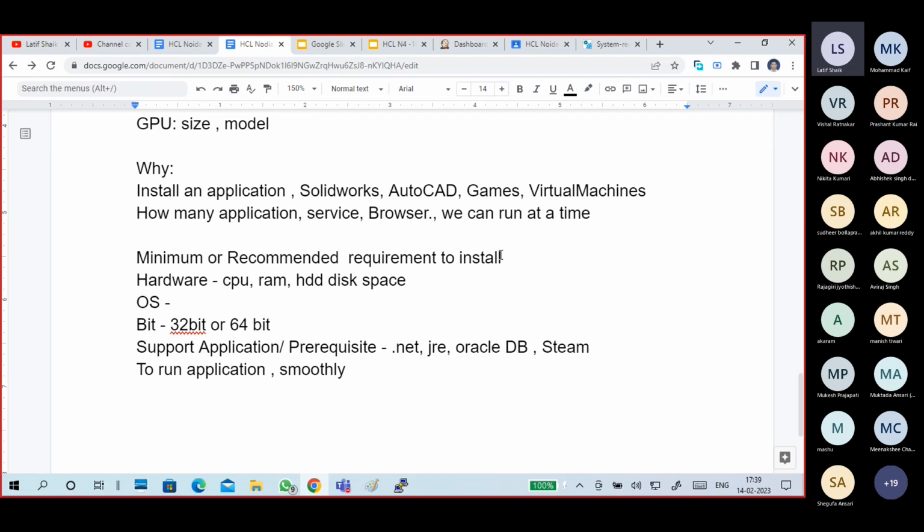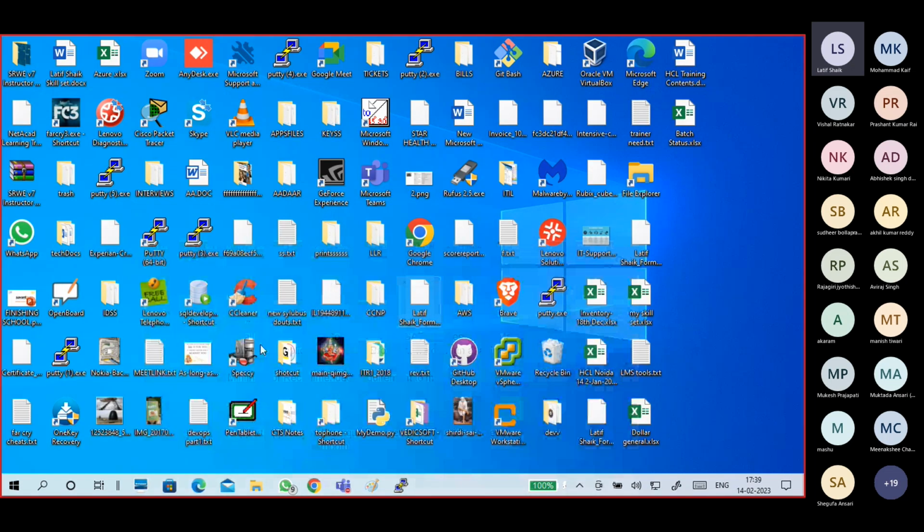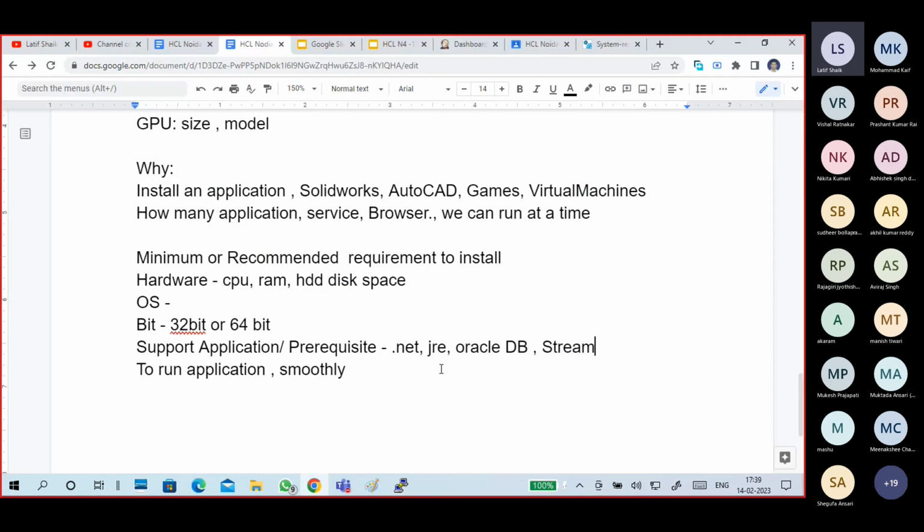For example, Steam, or so many things are there. I'll show you Steam. It's not on my desktop. I think I uninstalled it. I installed other things for gaming purposes. Okay guys, to install certain applications you may need to know the minimum or recommended requirements, to manage your system, to maintain your system, and to make it run smoothly.